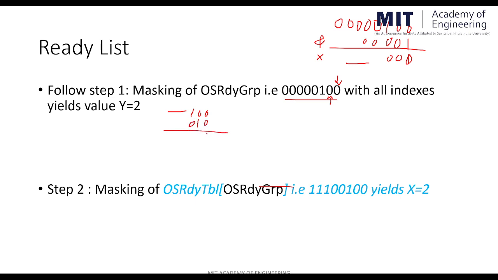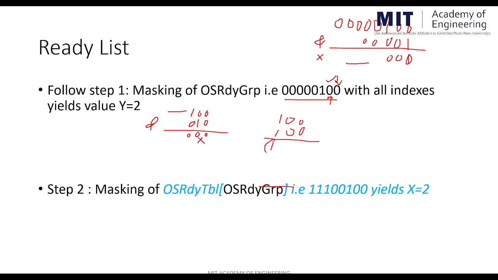Okay. Then again the result of this will give me the value 0 here, value 0 here, value 0 here, because for the AND operation, both the values should be 1. Means there is no index present at the first position. Now the scheduler will do the masking with the second index. Second index means the value is present here. Then we will get the result of 1 and 1 as a 1.